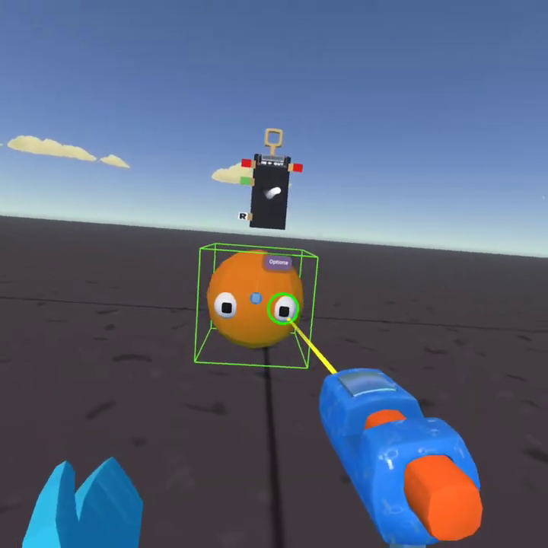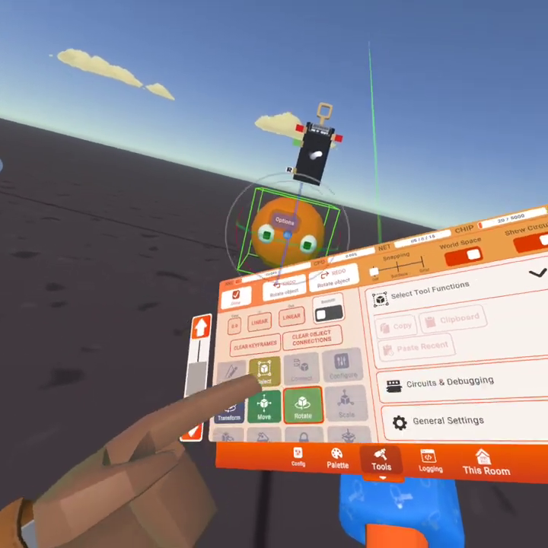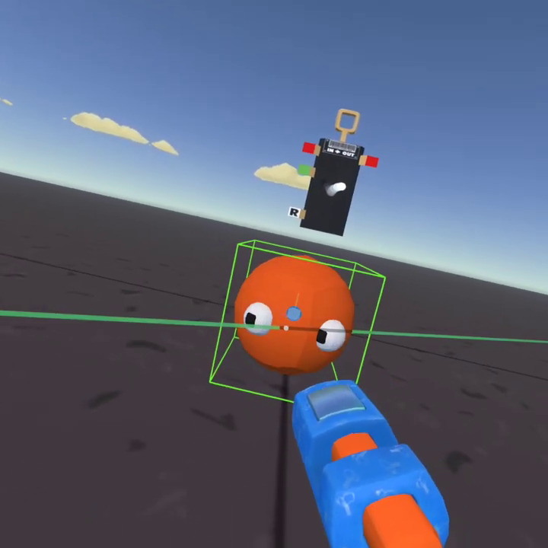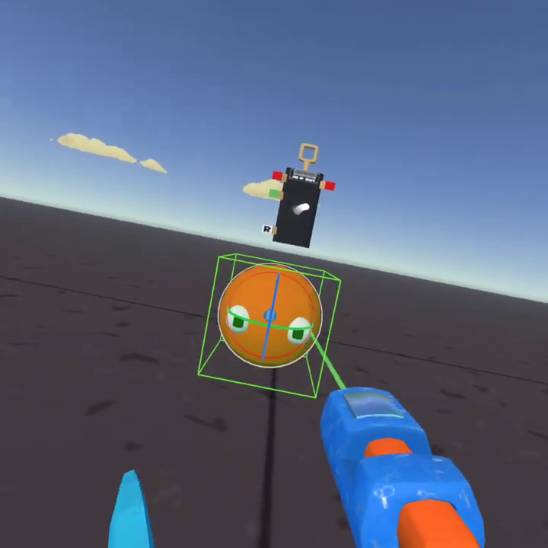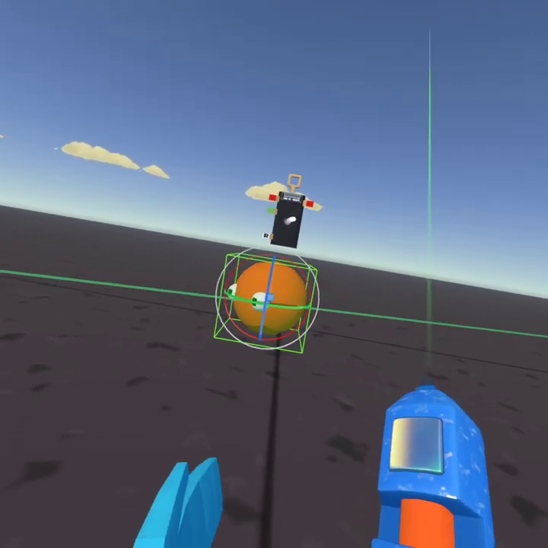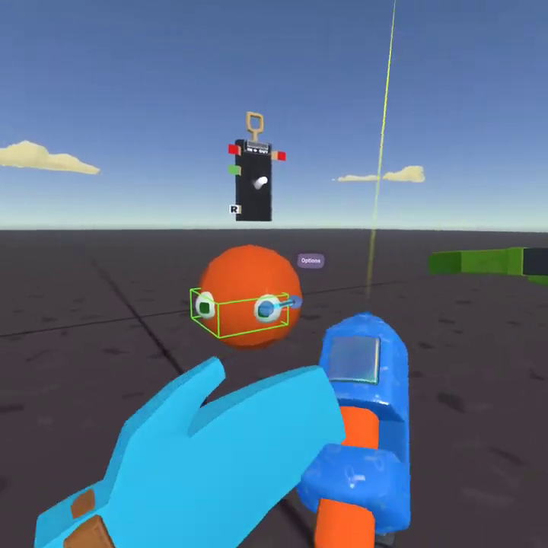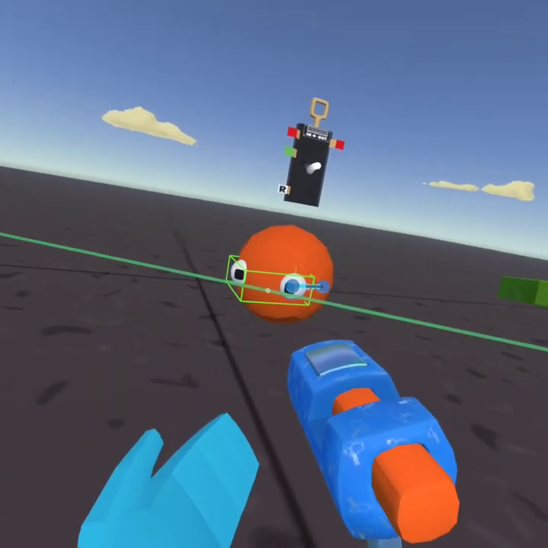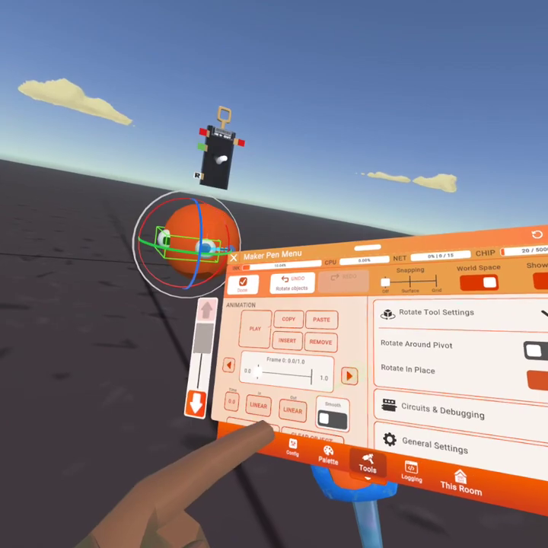See there, I just made the mistake of not selecting all 3 items. So select all 3. Click rotate and do not rotate in place, because if you do rotate in place, they will all rotate. Like that. If I click off rotate in place, I can rotate the whole thing around. And now I want to make the eyes, for extra detail, look that way, right? I can go back to rotate in place, and then I can make it look like that. Okay? So it'll be this way,